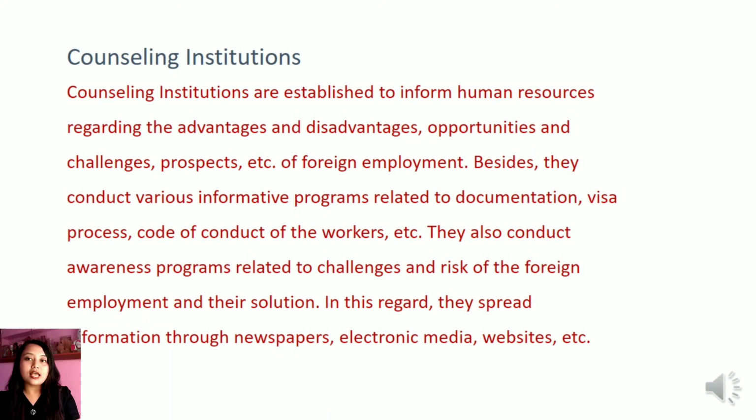Suppose a foreign employer is announcing a vacancy announcement, this is very, very important. This code of conduct is very, very important from the examination point of view, and also from your career point of view. Code of conduct means, suppose an employer from Dubai is announcing a vacancy announcement that